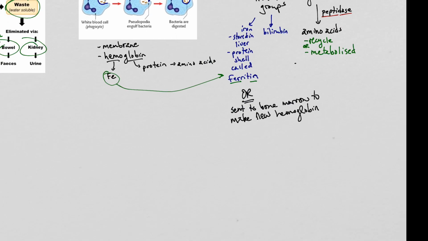Okay, to make new hemoglobin, once again, it needs a protein to do this. And the protein that is used to help transport the iron to the bone marrow is transferrin. This is nice. It's a protein, so it ends in "in." It's transporting, so it's "trans," and it's transporting iron, so it's transferrin. So clever, isn't it? All right. Now,